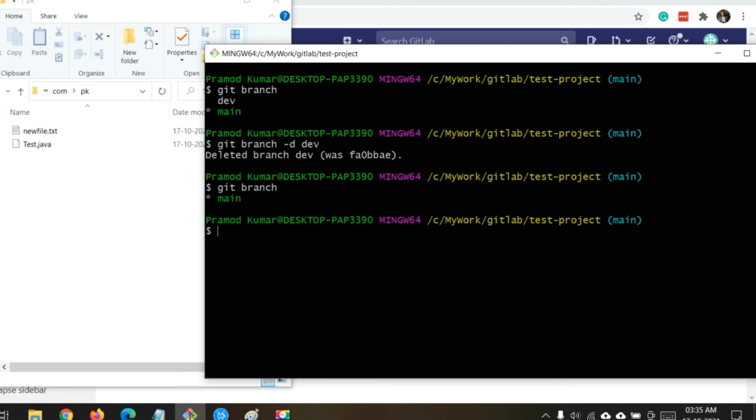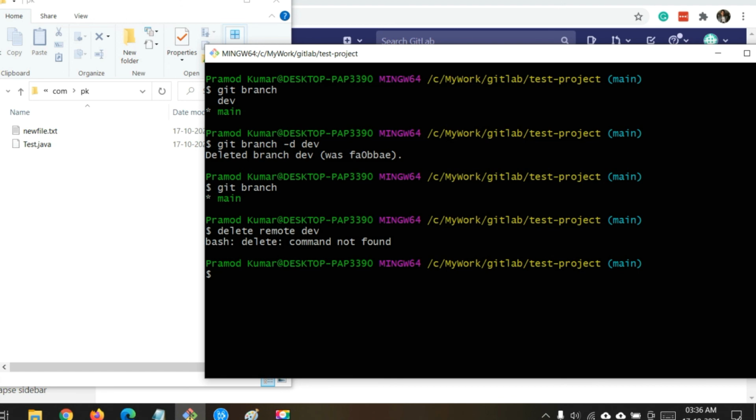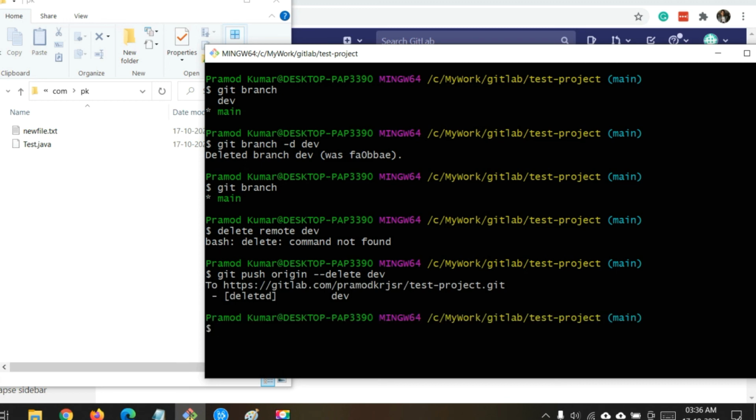So the command should be git push origin --delete dev. So this will remove the branch from the remote repository. Okay, it is showing deleted.